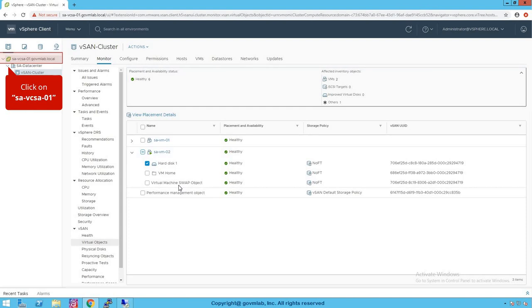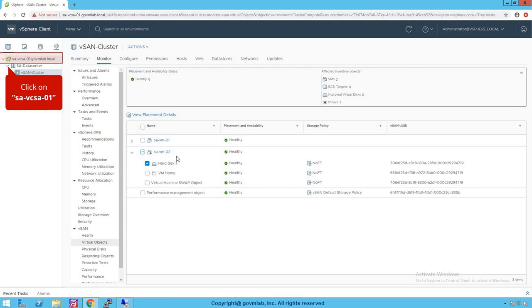So let's conclude here with what we have learned so far. We have seen that by default, any object or any virtual machine will have a default vSAN storage policy. That default vSAN storage policy has a RAID 1 configuration. As part of the RAID 1 configuration, we should be able to tolerate one failure. And how do we do that? By spreading multiple components of that one object, as we have seen, 2 data components and 1 witness component. And that's how RAID 1 was protecting against failures.